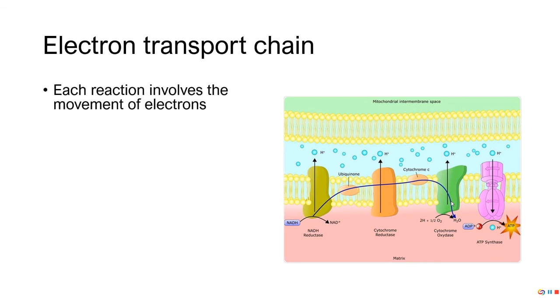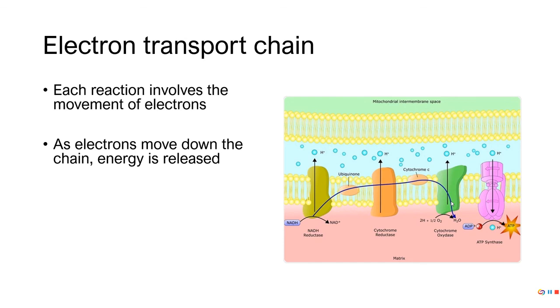So to start off, each reaction involves the movement of electrons. As electrons move down the chain, energy is released. Okay, so they go from,